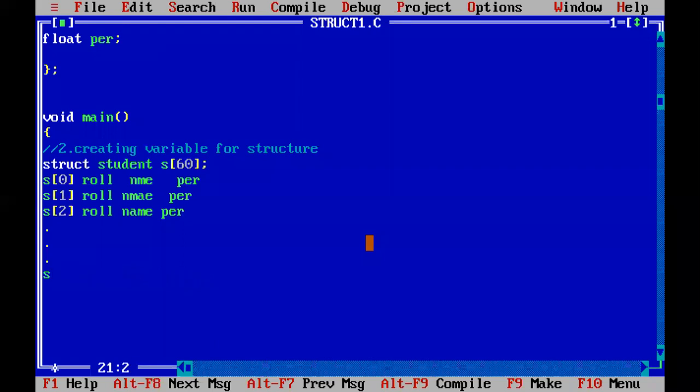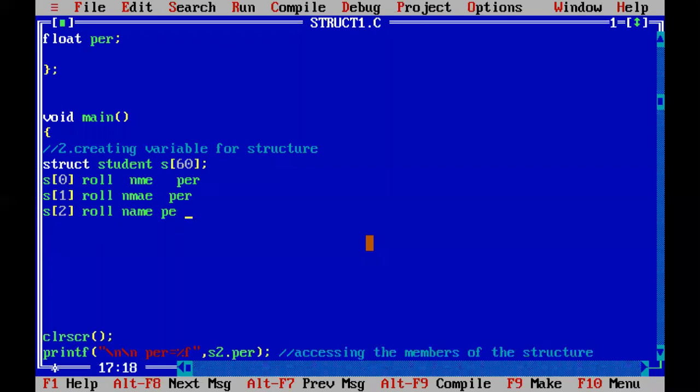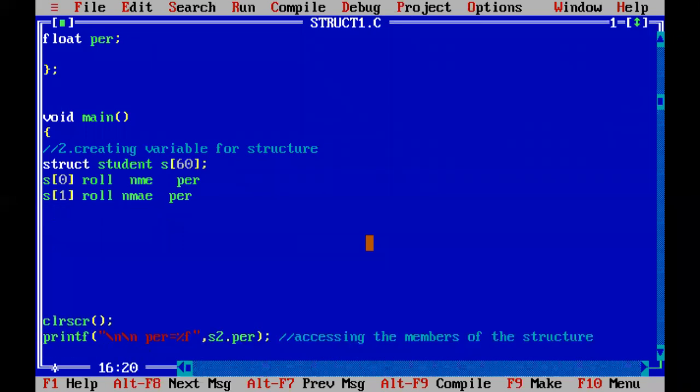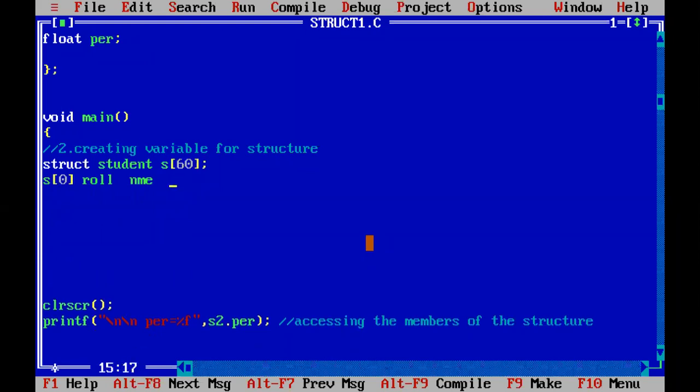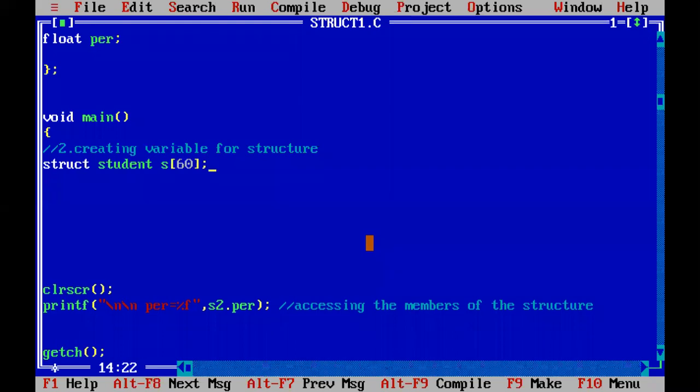Giving values to all the 60 students is problematic. We cannot give all 60 students at a time, because it becomes lengthy. So we just consider three students, so it will be easy for explanation. In real time, you can give all the 60 students' data.